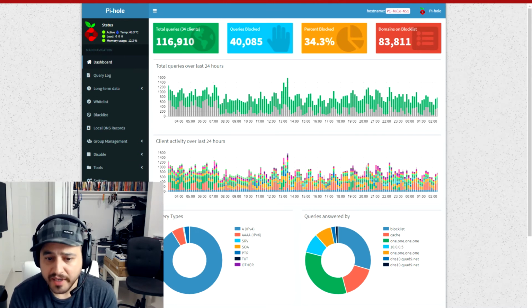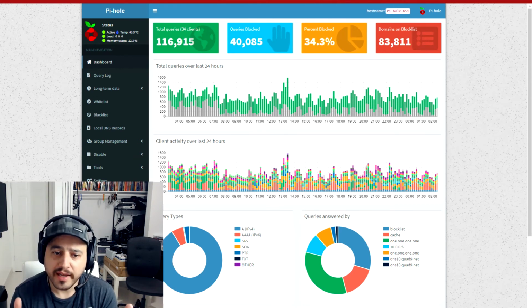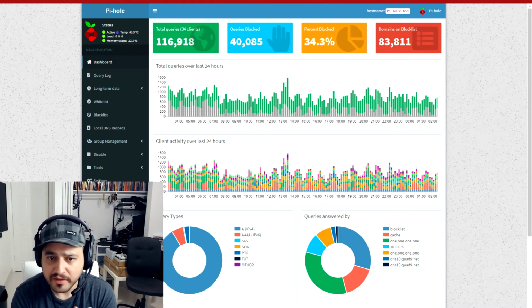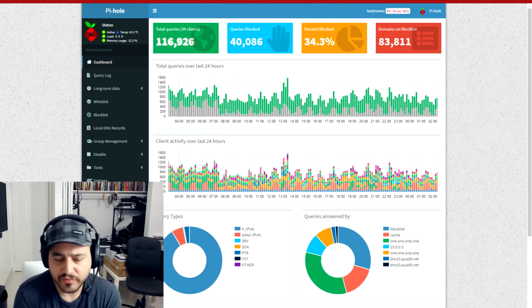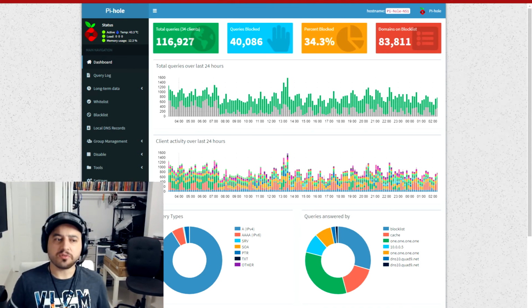Okay, so in my case, what I ended up doing to solve that problem was I have two Pi-holes. I have one Pi-hole running on a Raspberry Pi, and then I have another Pi-hole, a backup Pi-hole, running on my NAS. So that way, if for whatever reason I need to update the Pi-hole, I can update one at a time, and nobody's going to get disrupted. Or if one comes down with an issue, stuff happens, you need to reboot it or whatever,